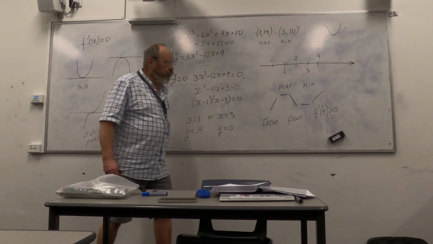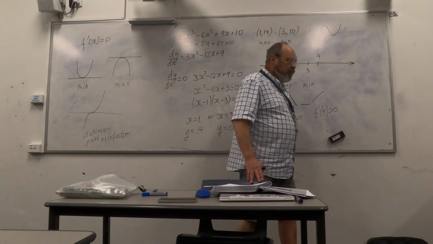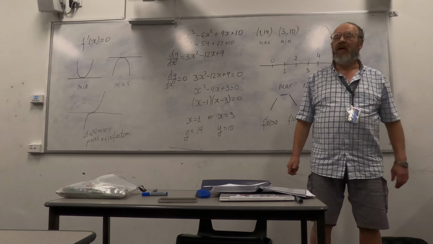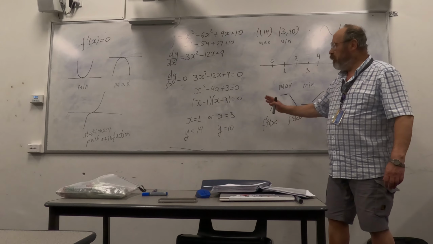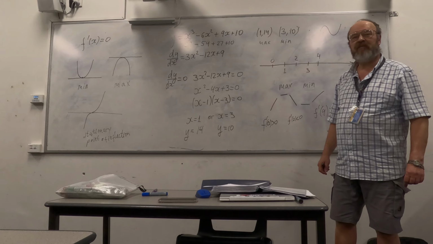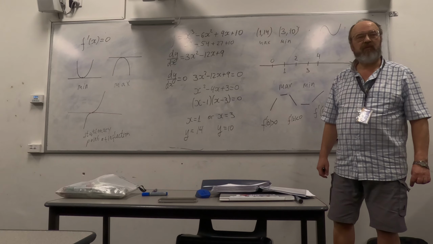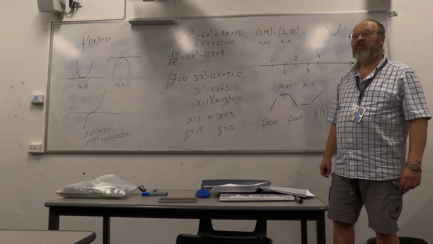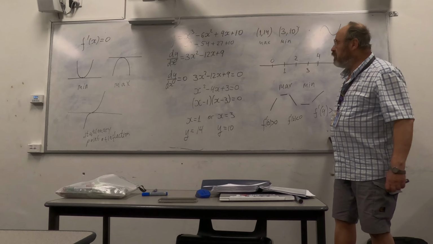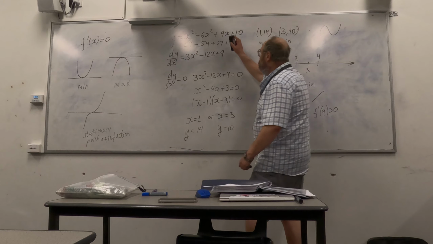That is how you find what is at that point. Now, we got maximum and minimum. Let's consider a case how it will look if we have a stationary point of inflection. Let's consider another function,